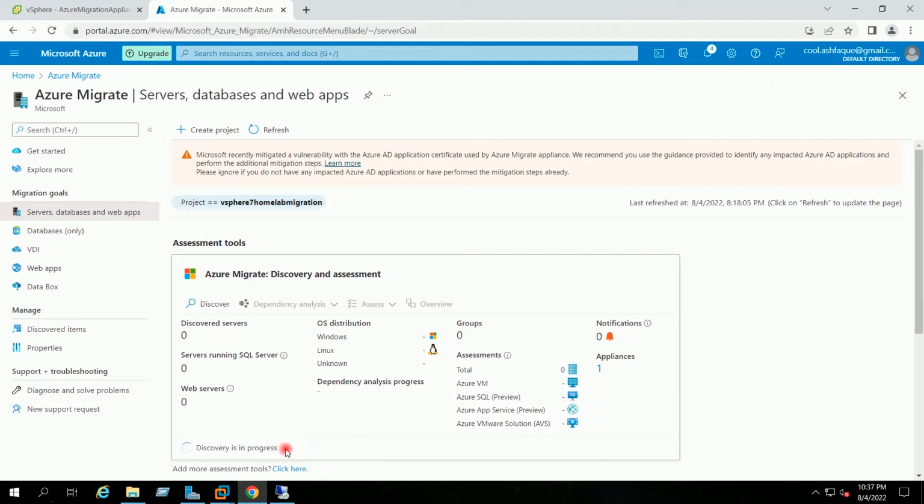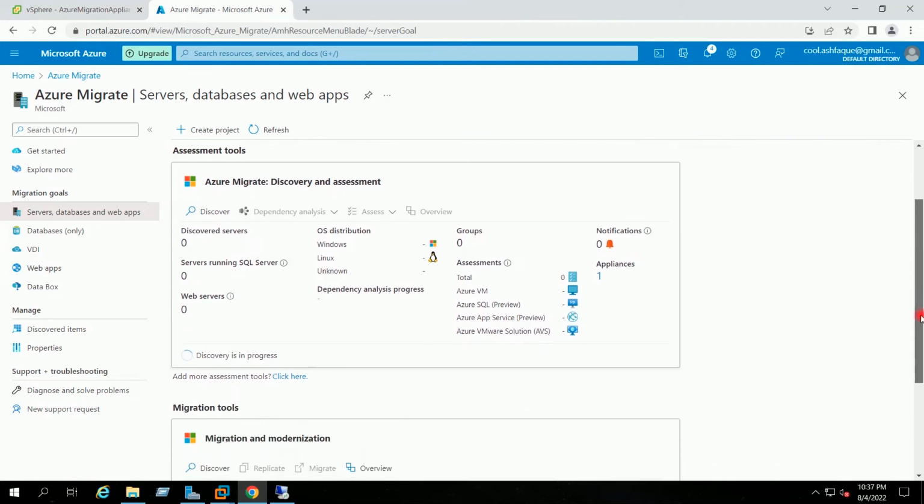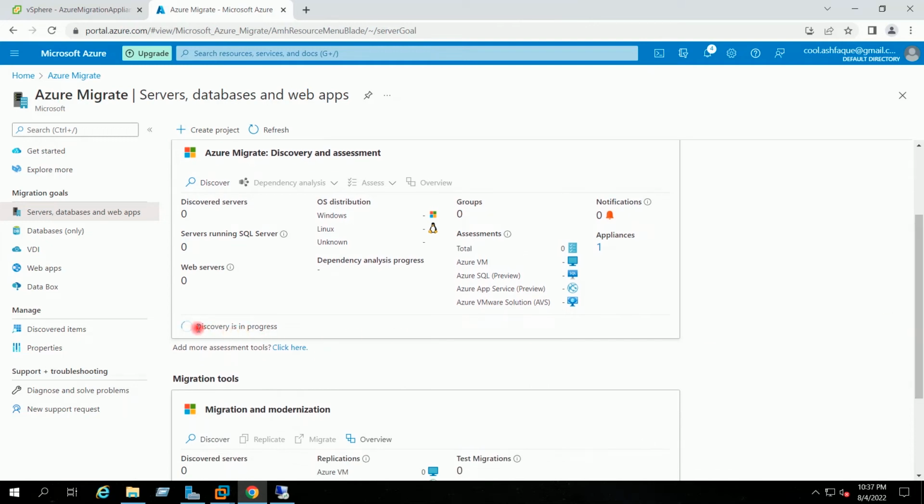If I go to portal, still it is showing as discovery is in progress. On the top side of this page, I will click on refresh.